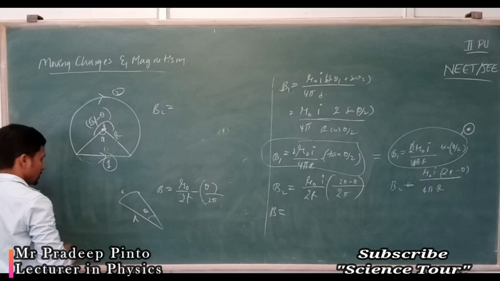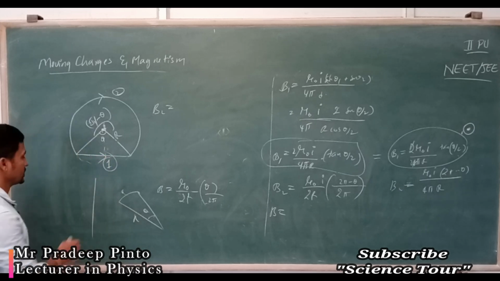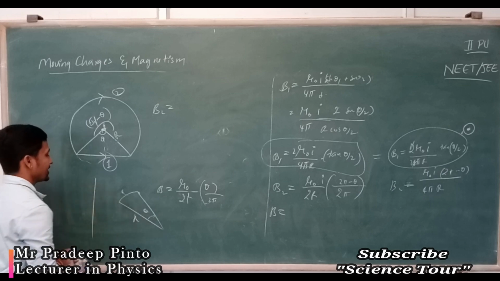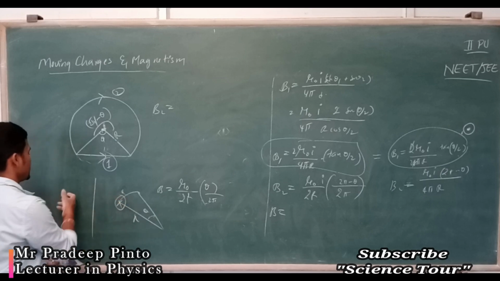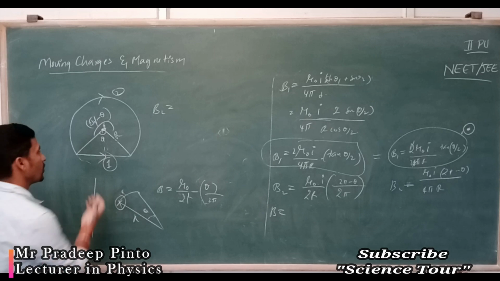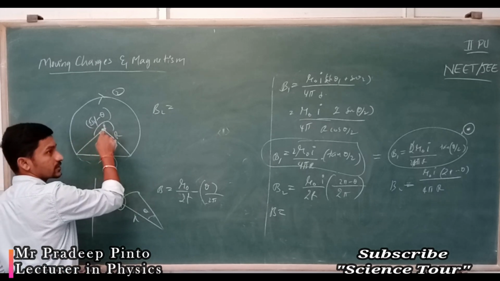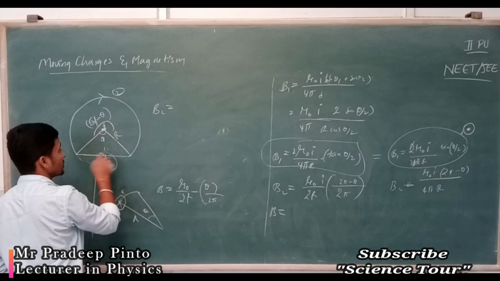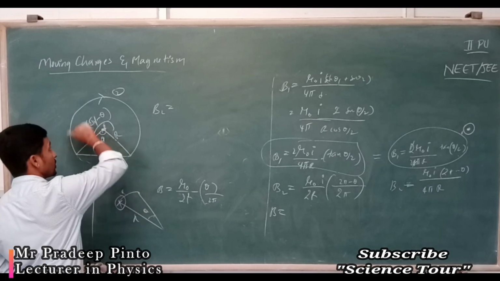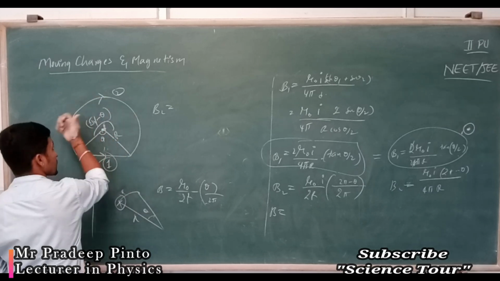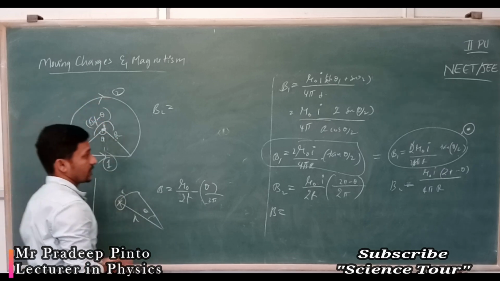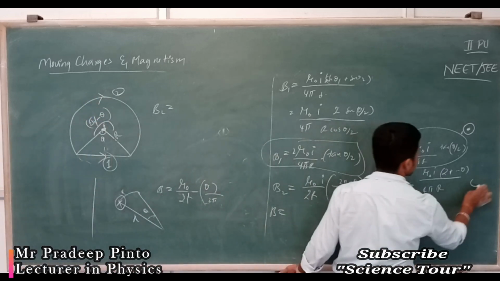See, the wire means again you are confusing, I guess. Wire means here it is crossing, here it is towards you. So if it is here it is towards you, at this point we want. At this point because of this wire it is towards you, because of this circle is clockwise means it's inside. There is nothing because the circle is inside the line.